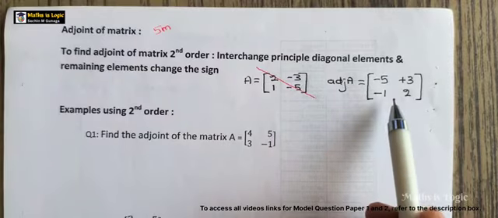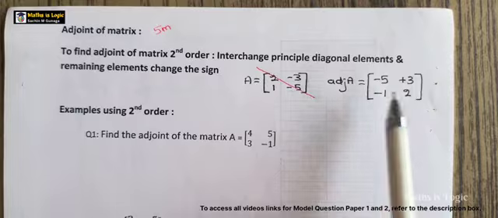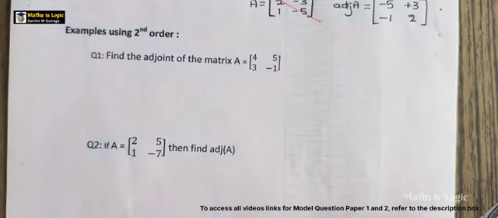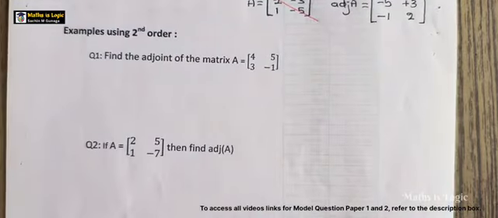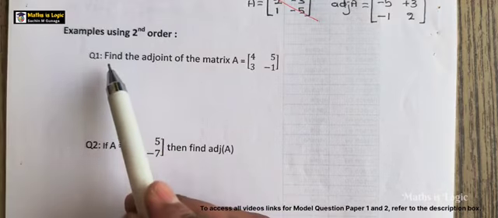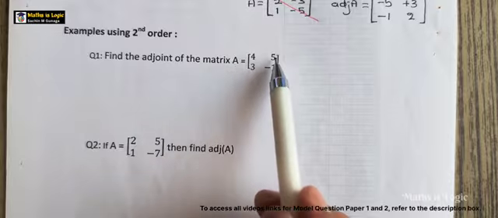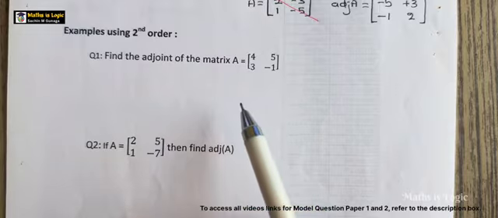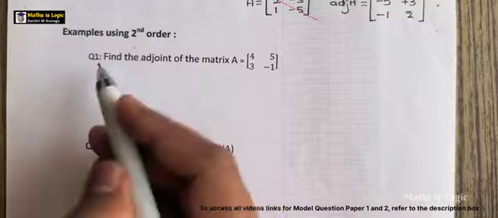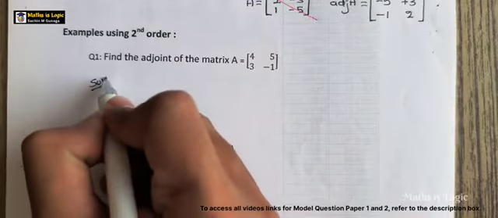So within one step we will get the answer. So here, by taking an example, let us understand. Find adjoint of matrix A is equals to 4, 5, 3, minus 1. So in the solution,